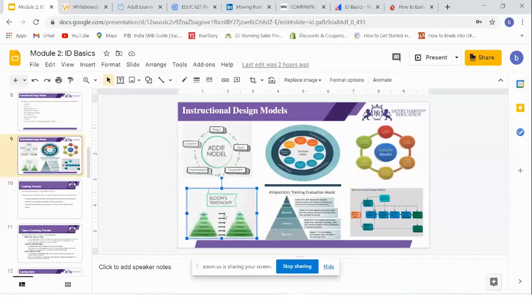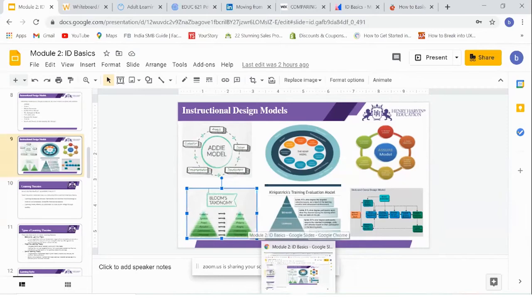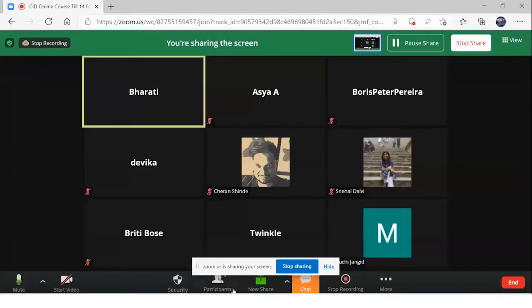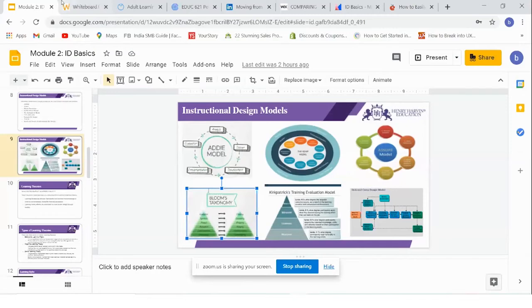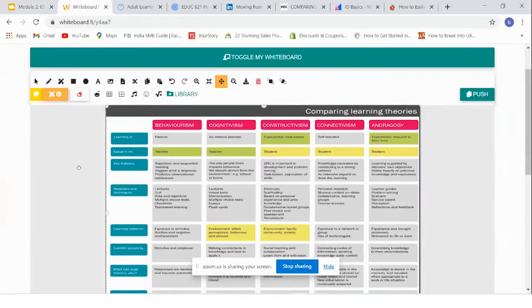So, Bloom's taxonomy, as we saw, is still valid, and it was started in 1965 by Benjamin Bloom. It talks about different levels at which learning happens, and we use it to write objectives. So, I'll get a better picture of Bloom's taxonomy, and the current one, which is used nowadays, is... 1 second.